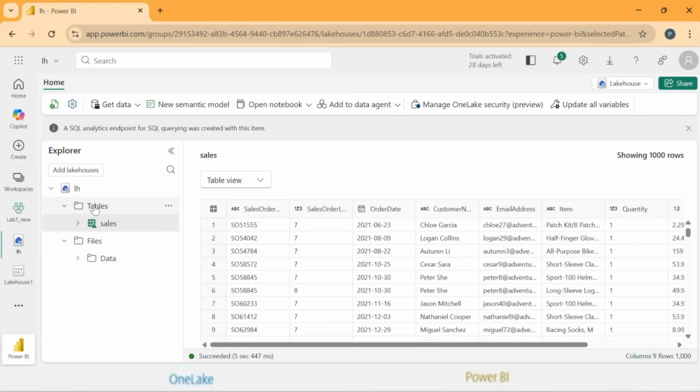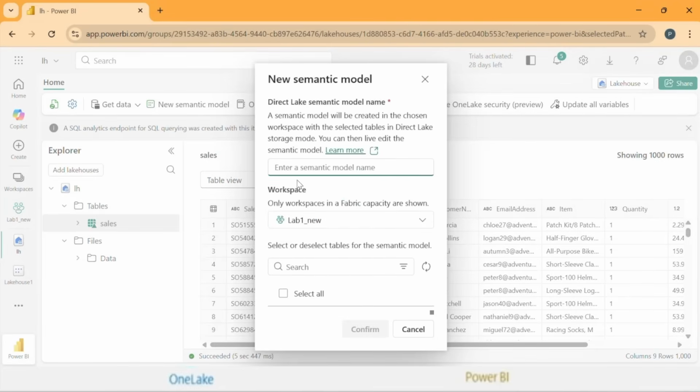Now, here is how you do it. You just create this new semantic model here. Give a name to the new semantic model. I just give the name as new sem model. Choose the appropriate tables. You can even choose the workspace. I choose all the tables because currently I just have one delta table in my workspace, and just give a confirmation. Once you confirm this, in a few seconds, according to the volume of your data, the new semantic model is created.